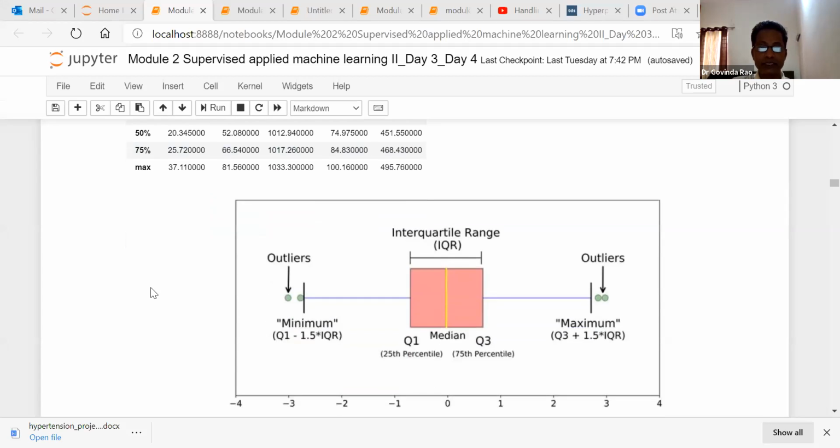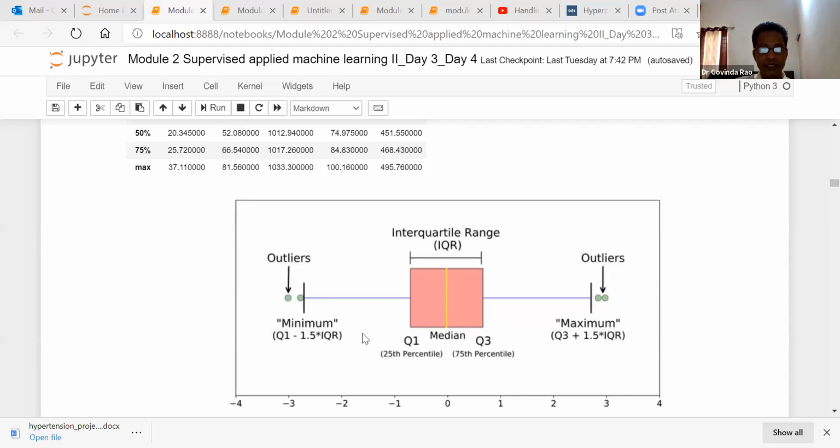Because which are the outliers? If you look below quartile 1, the minimum, the data points below the minimum are the outliers.